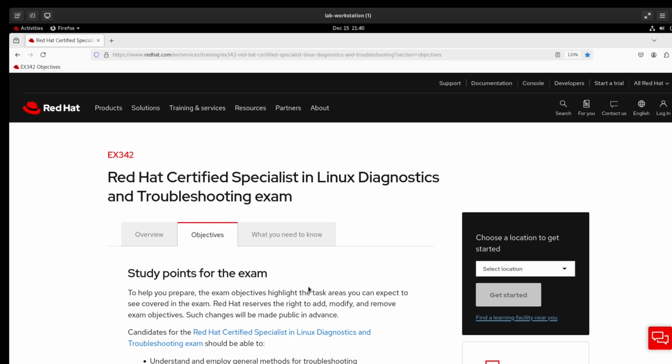Also, a reminder that these are my practice sessions before the exam. My exam is about 4 days away, so I'm going through all of the listed objectives by Red Hat, and I'm trying to either explain the objective or do a couple of exercises related to the objective. And at the end of the video, I'll do a little assessment, and hopefully at this point I will feel confident with whatever the objective is, and if not, I have a couple of days left to do a bit